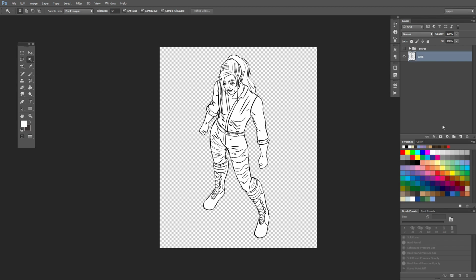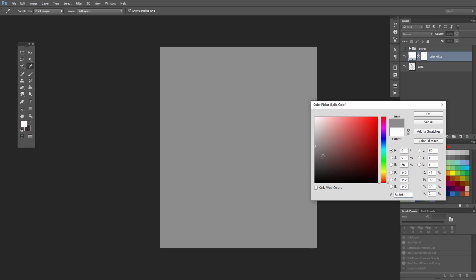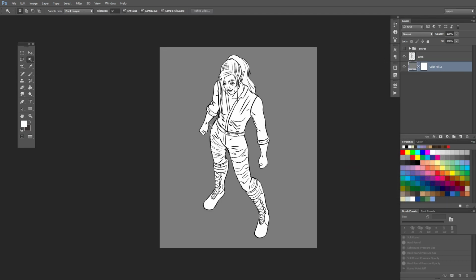So the first thing I'm going to do is, behind this, put a sort of neutral mid-grey using the colour fill, just so that I've got a neutral background to base it off. And then we're going to add our colour behind this. For me, when I do it, I make it a little bit easy for myself and make a selection here. So I use the magic wand for that. Control Shift I and I will invert it, and then I'm going to make another solid colour,